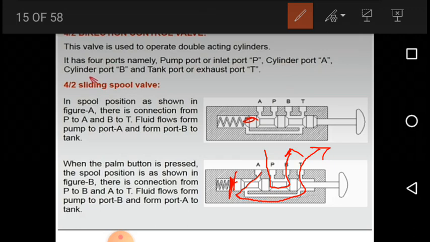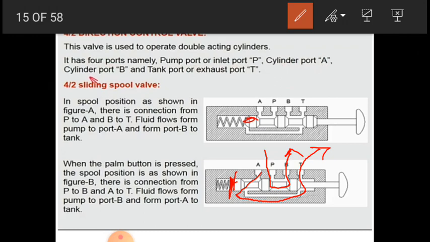So in the required way, the flow of fluid can be done. Only thing is, inside the spool arrangements or rotary arrangements you have to make as per your requirement, and based on that, by operating these buttons, the flow can be varied.